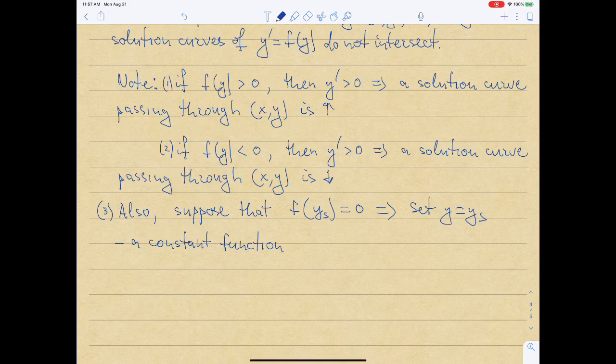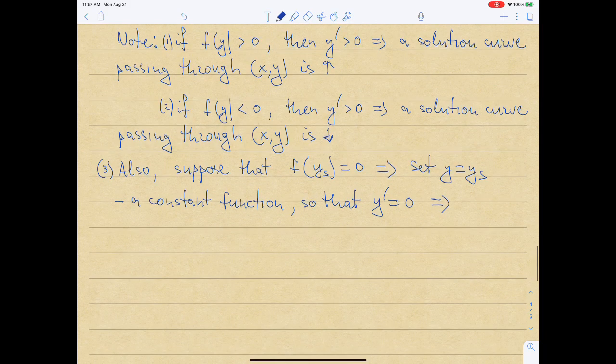Okay, if it is a constant function, then if I take its derivative, y prime is identically 0. But then what I got is that for this particular function, y equal to ys, if I take y prime, we just figured out that this is 0,